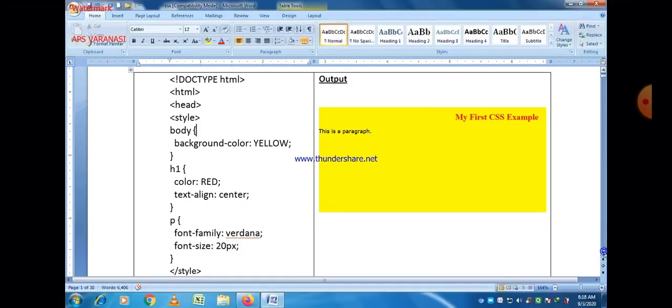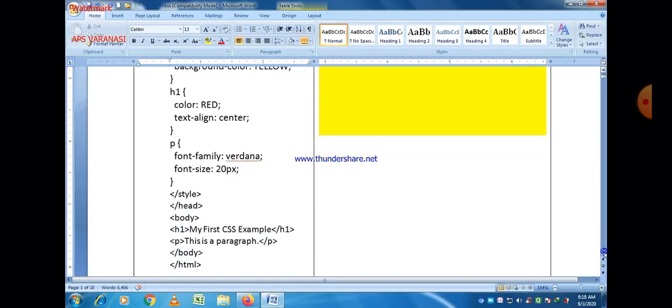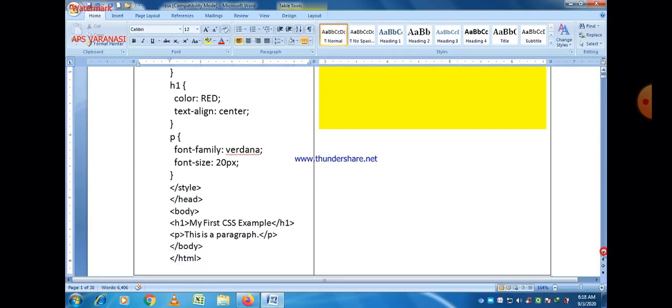And next, you can easily see that we applied CSS style on the body tag, heading tag and paragraph tag, and then after that we close the style tag. So style is an element, and within the style open and close tags we actually apply our theme.